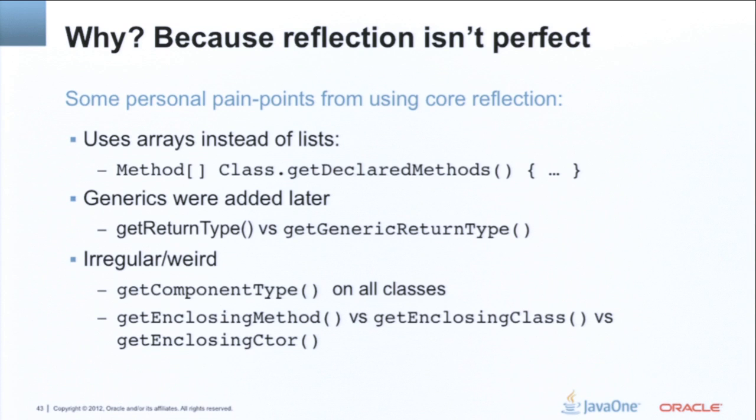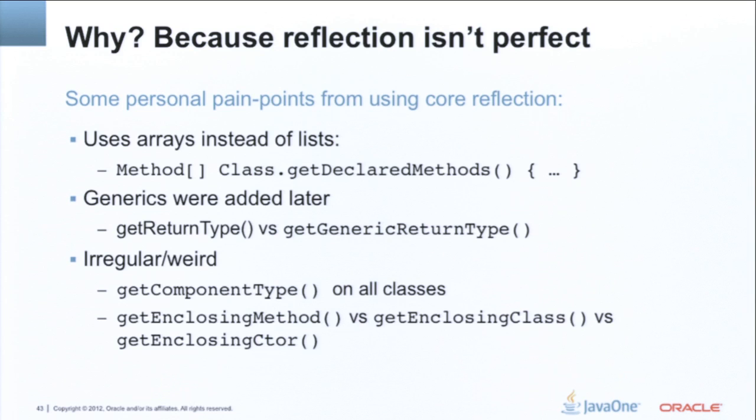So every time I want to print something, I have to do Arrays.asList, to get a list that actually has a useful printed output instead of the array that just prints the address in the VM. Other problems with reflection when looking at code is generics are sort of bolted on. And of course, generics were added later in Java, so